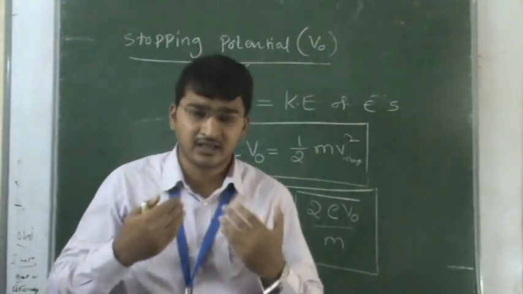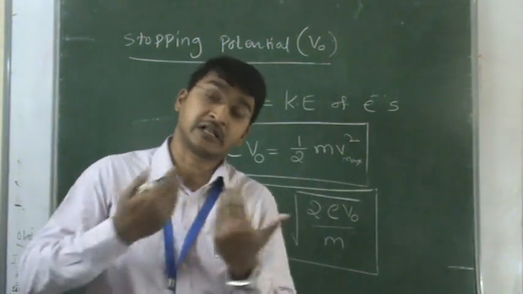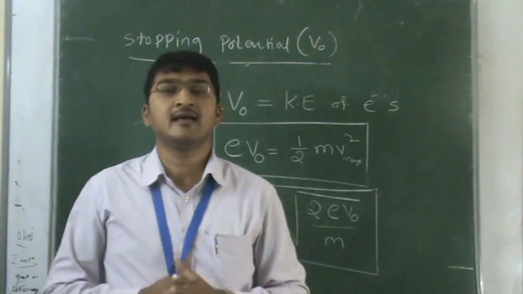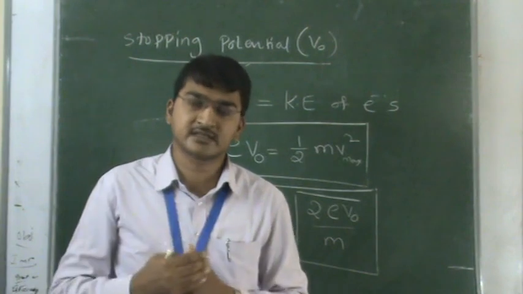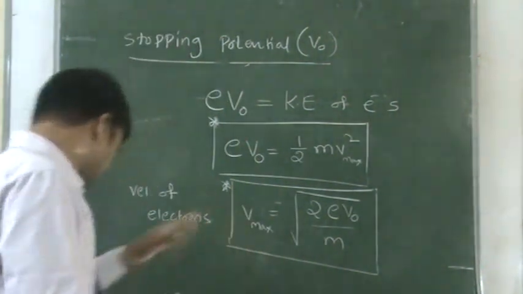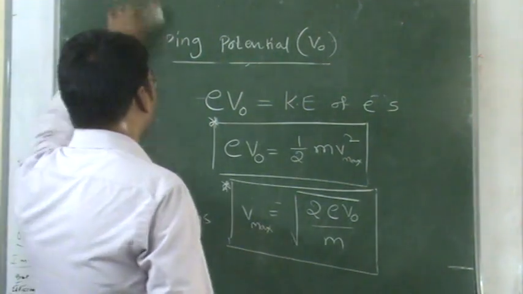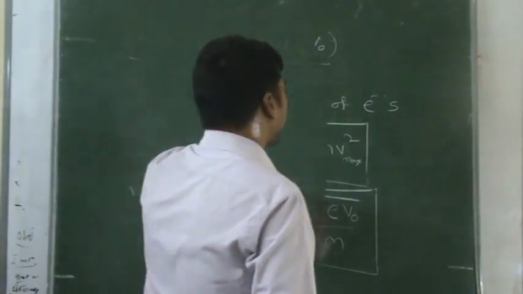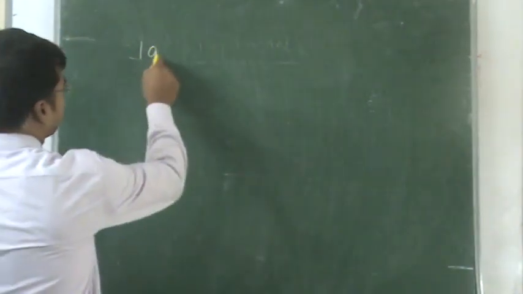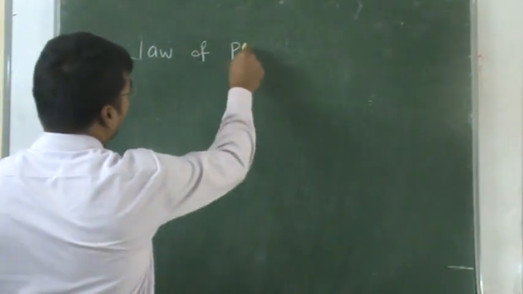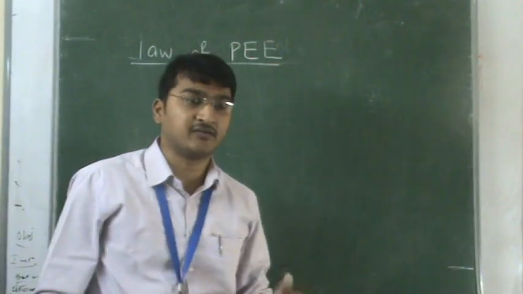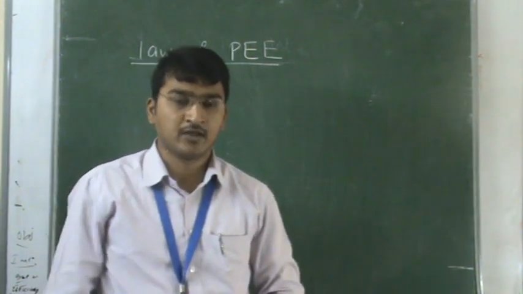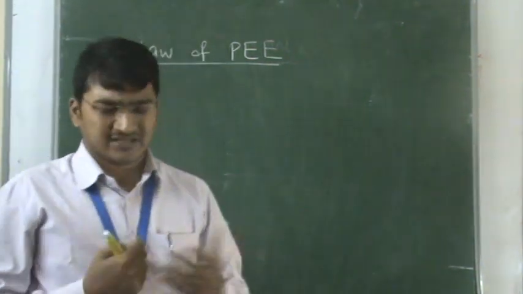So what are the experimental observations or experimental studies of the photoelectric effect, also called the laws of the photoelectric effect? There are 4 laws, and for these 4 laws we also have to discuss graphs. We'll start with that. I'll write it as laws of the photoelectric effect, or we can also say experimental studies of the photoelectric effect. So what is the first law? There are 4 laws.